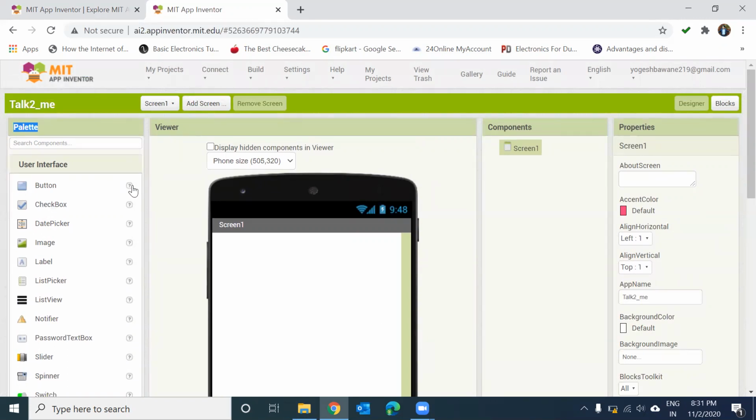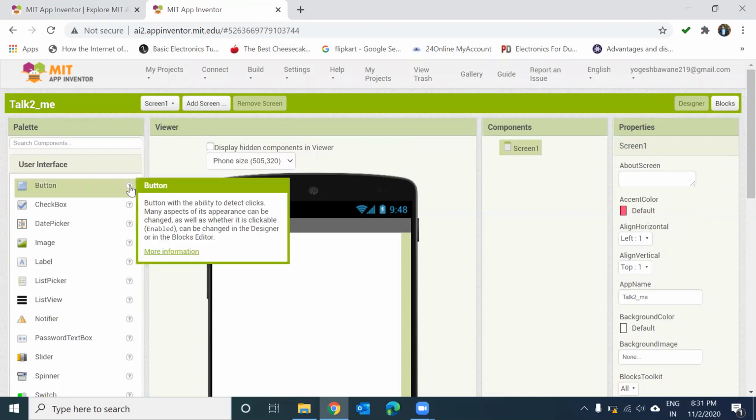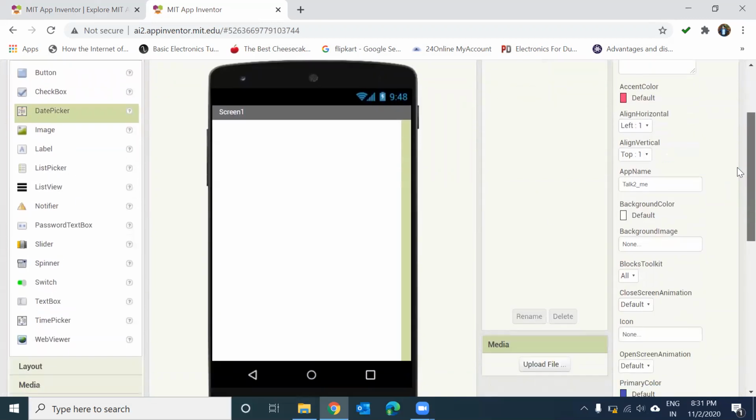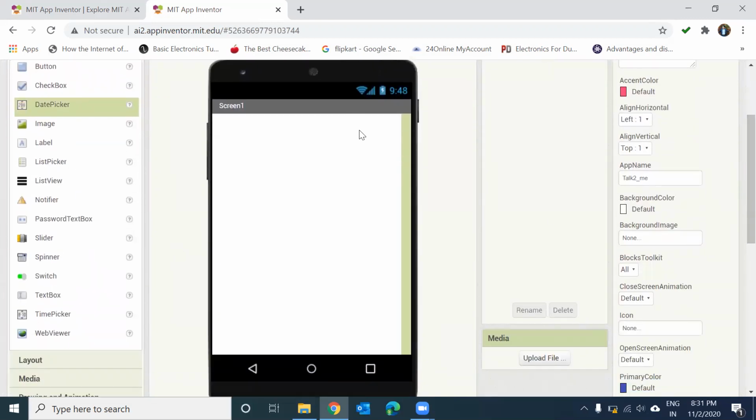If you want to add some buttons in your Android application, you will get the buttons from here, under user interface. If you want to know more about what a component is used for, you need to click on this question mark sign. You will get brief information about that particular component you want to add. There are various components: checkbox, date picker, image, all the components you can use for your Android applications.